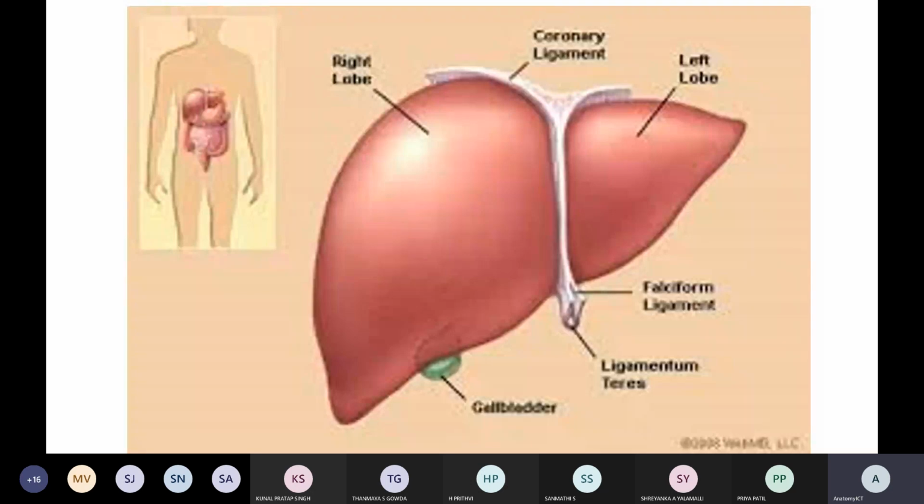Now the upper portion from here to here is completely enclosed by the diaphragm, which is also one of the major components which holds it. When you come to the anterior margin, the anterior abdominal wall, the organs which are situated posteriorly are the posterior relations, and they protect the liver in a proper position posteriorly.